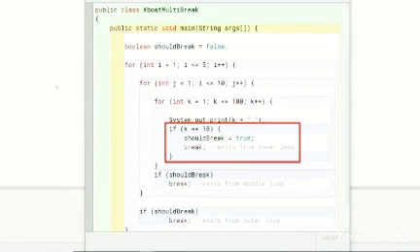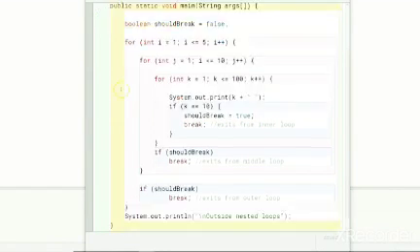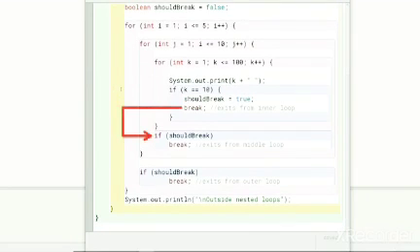Notice that before breaking out of the loop, we are setting this boolean variable shouldBreak to true. We check shouldBreak variable in the middle and outer loops to know if break was executed in the inner loop. This break statement will transfer the program control outside the innermost loop to here. Program control is now in the middle loop.